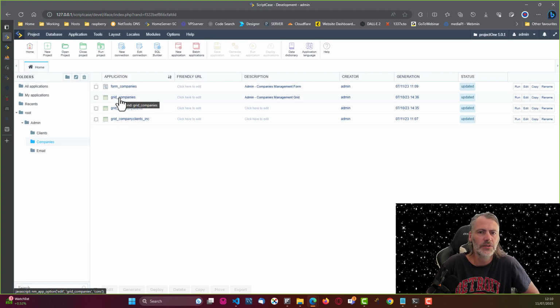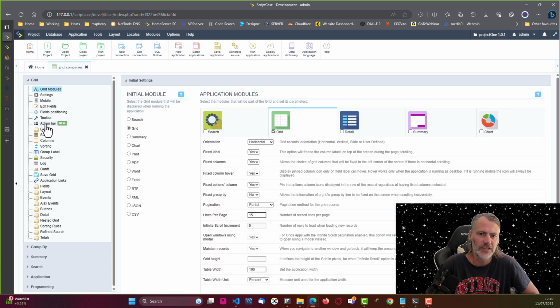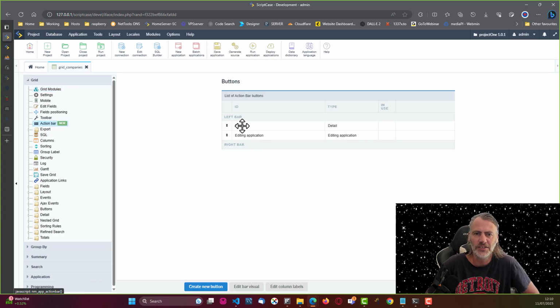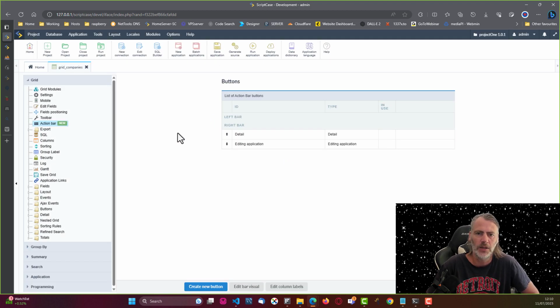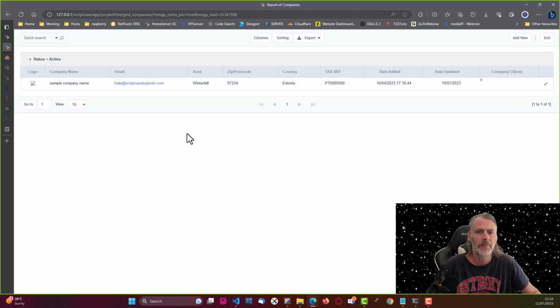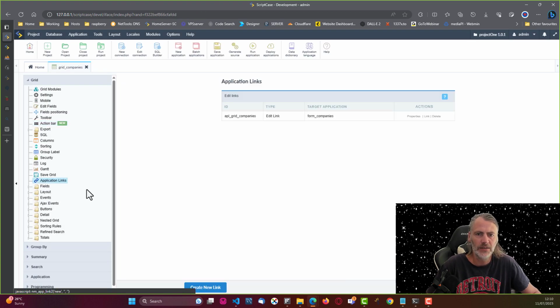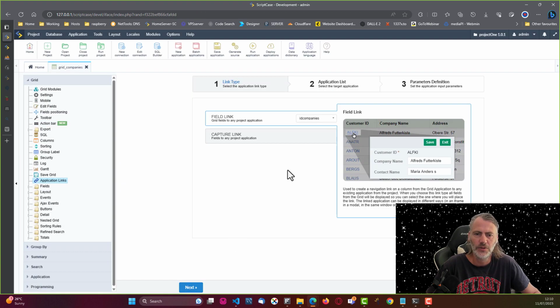So if I come here to the grid companies, the first thing I definitely want to do is adjust here the detail and the editing so that they are also on the right hand side, just like the clients. Okay, and with that then also on the right, let's go ahead and run that again. And now here we want to add a link to the company name, so it also goes here to the edit. So here on application links, I'll create a new link,